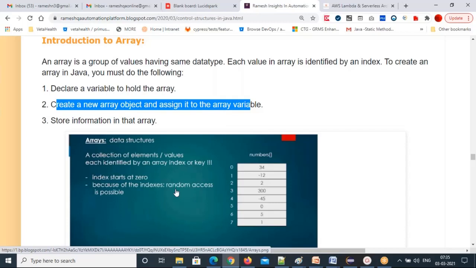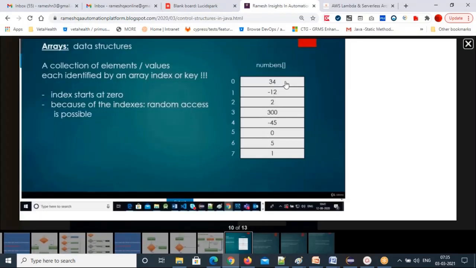So a collection of elements or values is stored in the array, all of a similar data type. Each element, each value is identified by an index. Indexes start with 0, and because of the indexes, random access is possible. Because of indexes, you can randomly access your numbers. Suppose your array has 34, minus 12, 2, 300, minus 45, 0, 5, 1, 1.